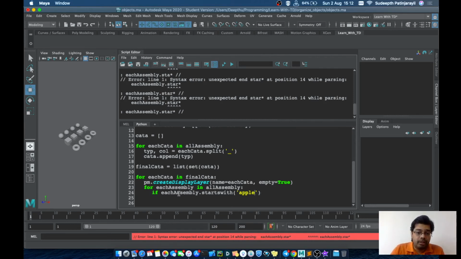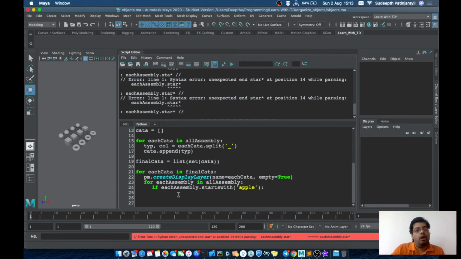It checks whether each assembly, that is the first item from this array, is starting with apple. If that is true, it will go to this function. If it is false, it will go to the else, but we don't need else, so we will skip it.